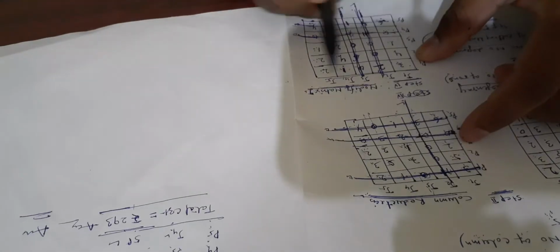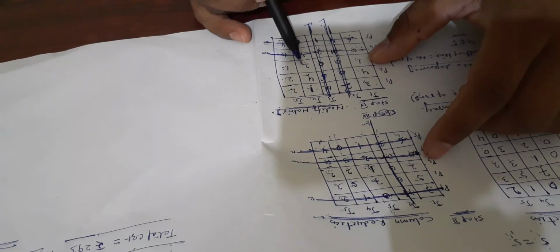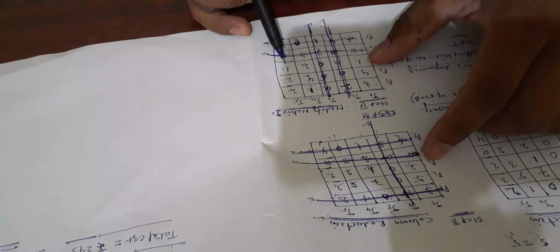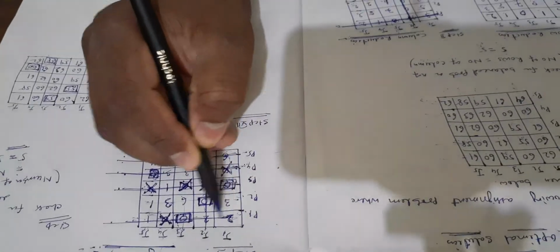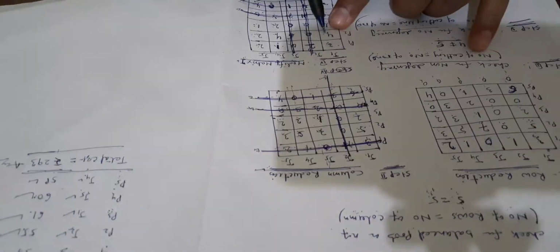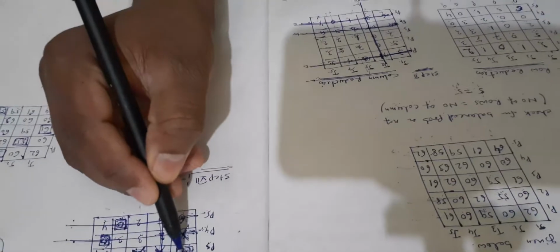Similarly, modify matrix 1. Here are the uncut numbers 3, 4, 1. Here is also 1, 4, 2, 2, 2, 1. So in these uncut numbers, the least value is 1. So 3 minus 1 is 2, right, here is 2. Next 4 minus 1 is 3, right, here is 3. So here 1 minus 1 is 0, right, here is 0.